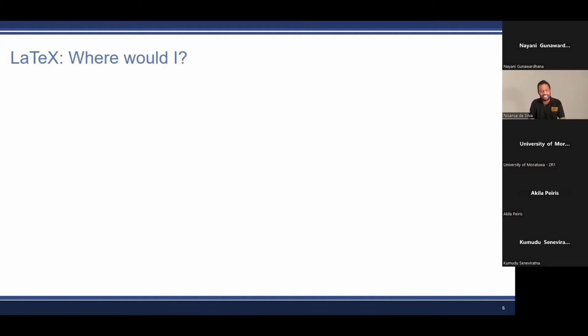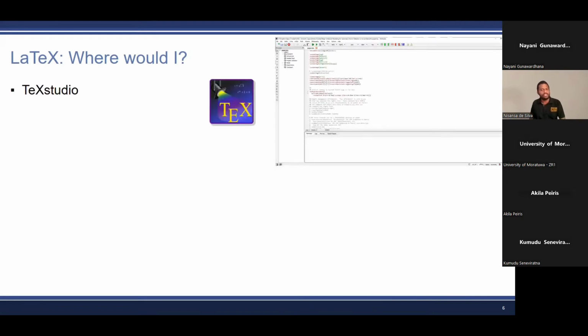So recently, people have decided, okay, no. Let's hide all the backend from other people and make it more user friendly. So in order to make it user friendly, they have created things like TeXstudio. TeXstudio is a free application which you can download, which would take care of the backend for you.